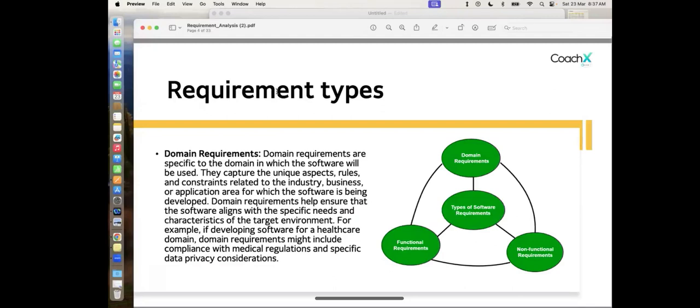It can be an e-commerce website like Amazon.com and all. So domain is nothing but the environment in which the software is going to be created. For example, if you have created software in banking, you will have to apply the rules of the banking domain to it. If you're creating software for social media,